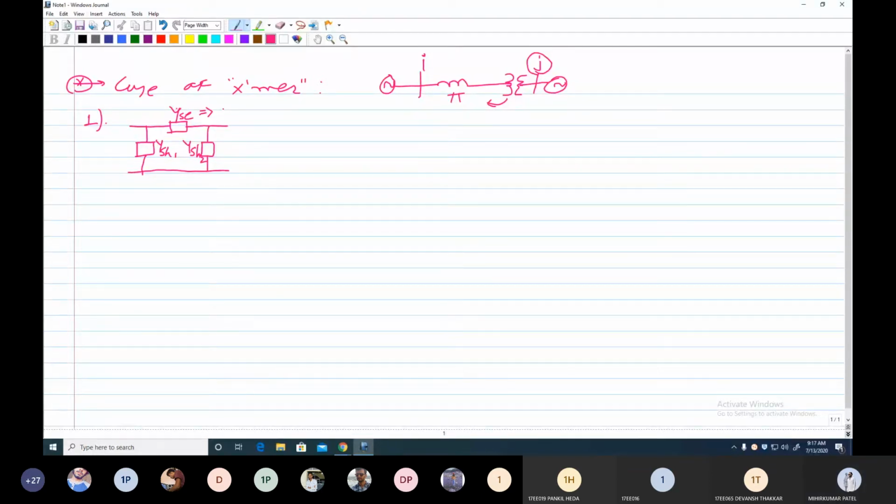The value of the series element of the equivalent pi network, YSE, is equal to A into Yij. Very good. Clear? And what is the value of these two shunt elements? For this left side, YSH1 is equal to